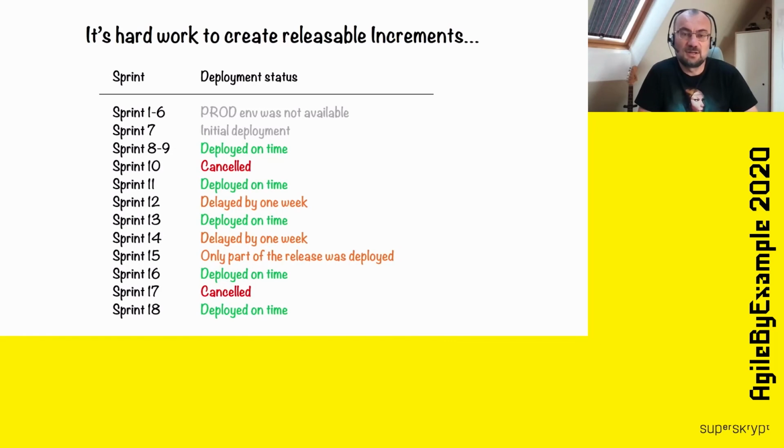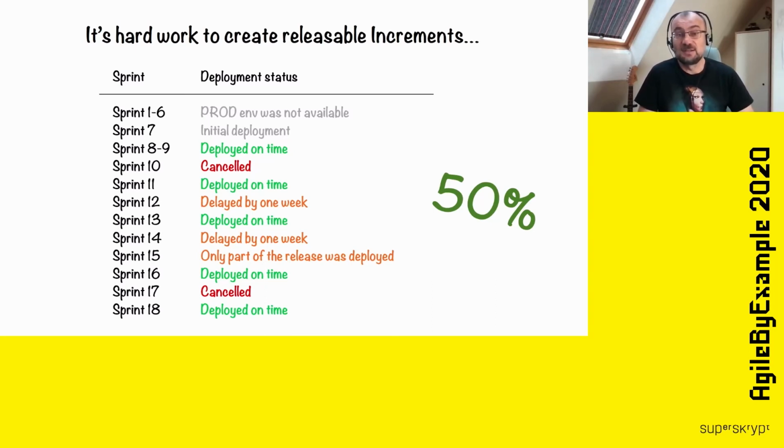So this is real data about a series of sprints we did and the result of deployment after each sprint. If you would like to measure the number of successful deployments after the sprints, it's 50%. So in half of the cases, we were able to finish regression testing in time and deploy it on production. From one perspective, it's not such an impressive result, but there is a good thing in this image.